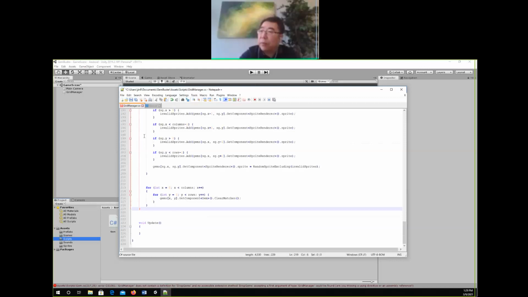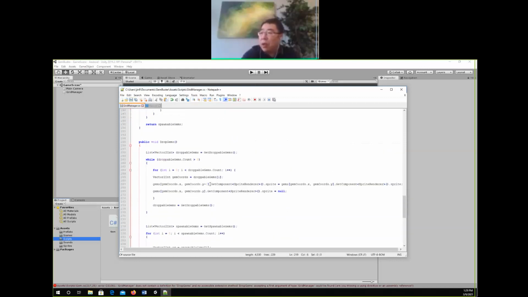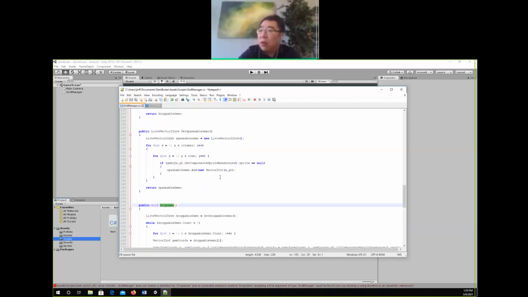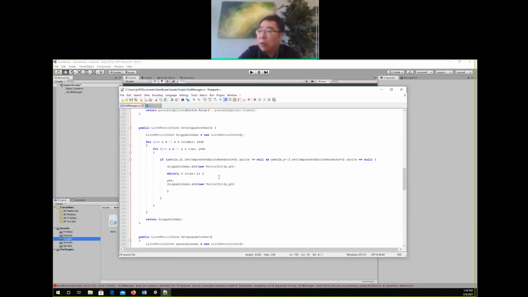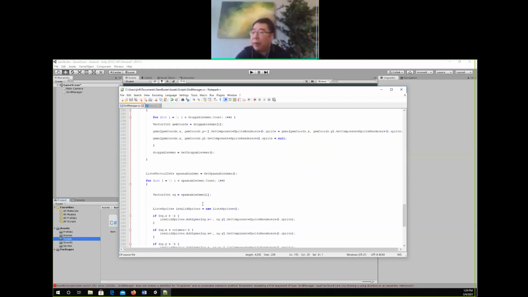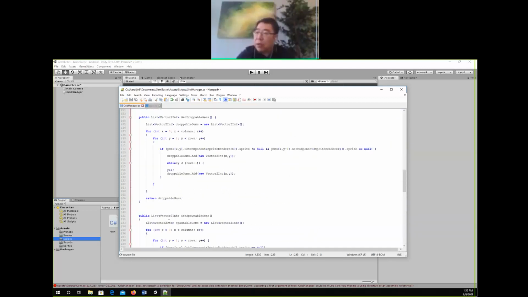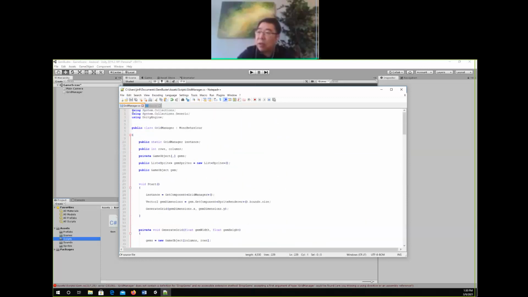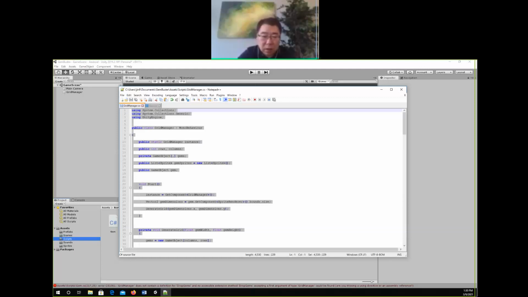What I will do is, now we actually implemented a drop gem. So once we have matching gems, we remove them. We need to fill in those gems, and to do that, we need to find out the droppable gems and spawn those gems. So since the only thing changed is the sweep method in this case, I'm going to add those code. Make sure that